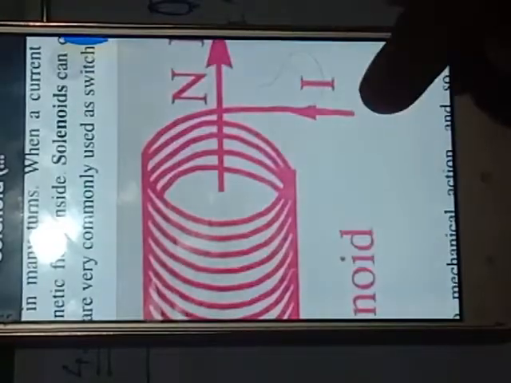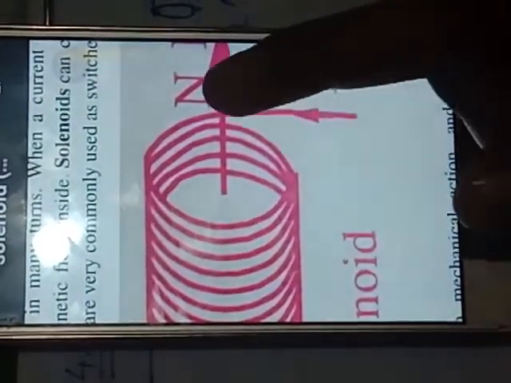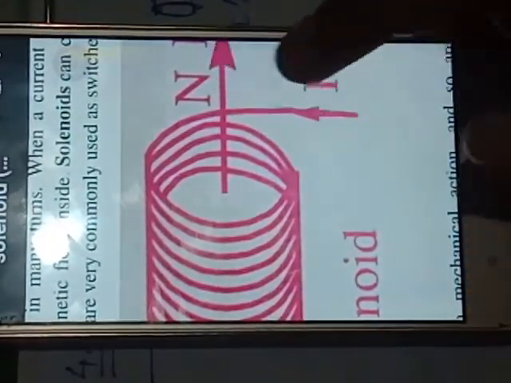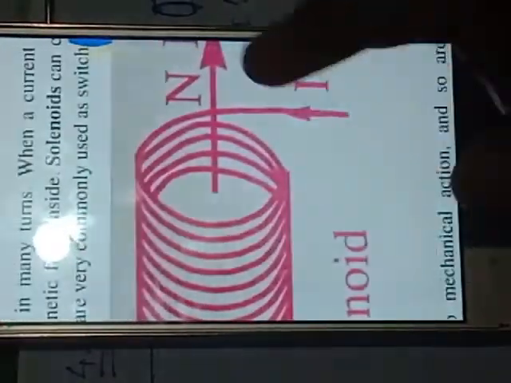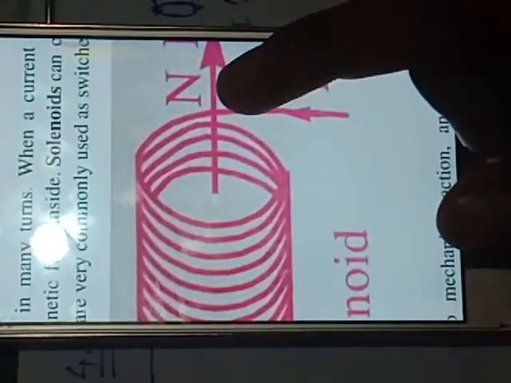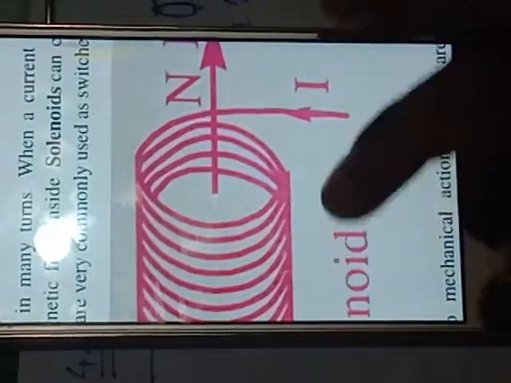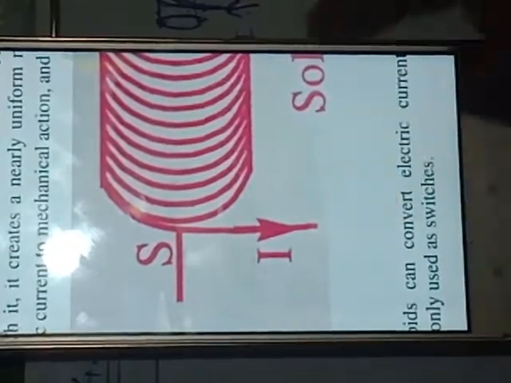Here the current is going inward, so that will be treated as a north pole. And here the current is coming out, this will be the south pole. We can explain this in another way here.